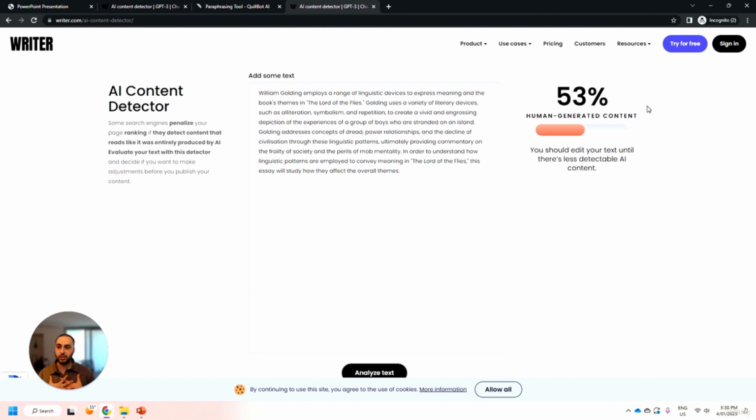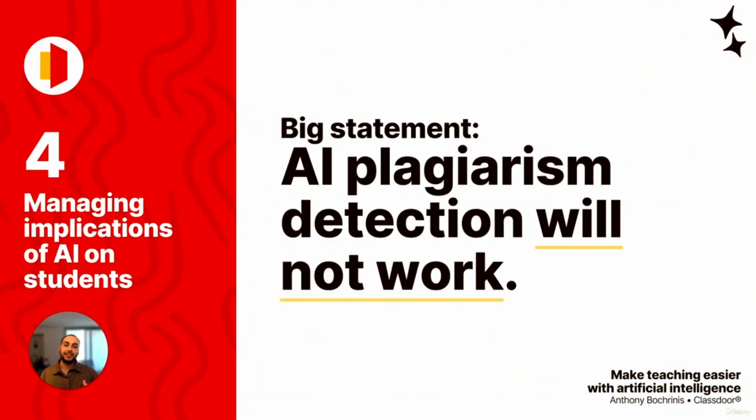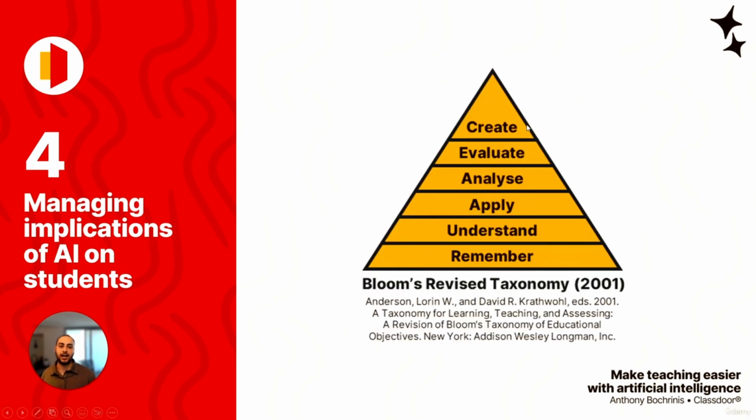So for us as teachers, it's a pretty safe statement to say that AI content detection or AI plagiarism detection will be incredibly difficult for us to do as teachers and will be quite time consuming of a task. And we're not sure to what level of technology in the near future will therefore come out to support us as teachers. But what is it that we can do to help? We can actually start to shift what our pedagogy is all about.